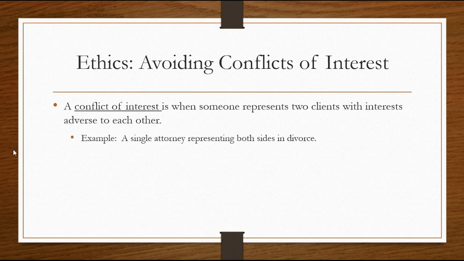For example, I had a client with a mental health issue, and his family wanted to have him committed. Now, can I represent both the family and him? No, because even though it might be considered in his best interest to get him committed, and he doesn't understand all the complications with that, he still needs and deserves his own attorney